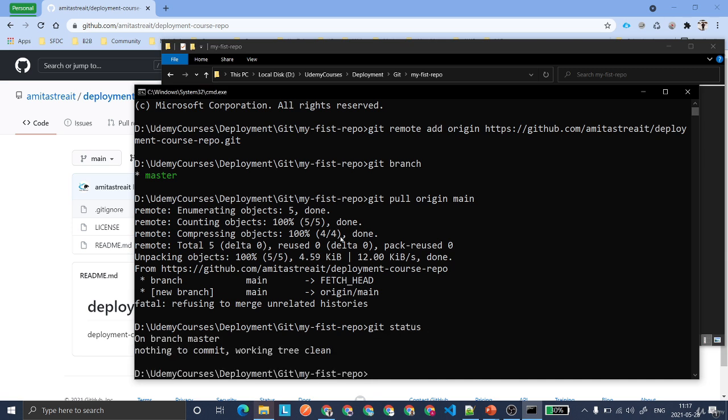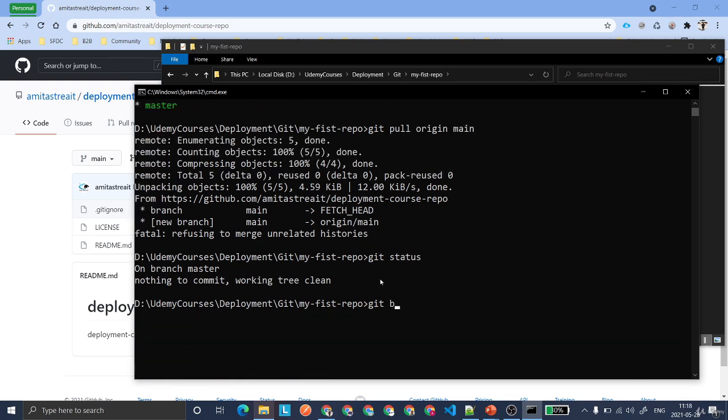Now let's quickly run a command to see if there is any file. We have got git status. We are on the branch master. Now if you say git branch, we'll see there is only one branch, which is master. Now what we need to do is, as we have already committed the changes and added those to the staged environment, we'll say git push